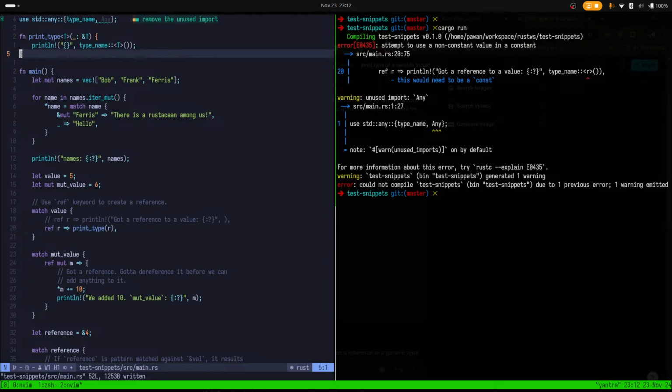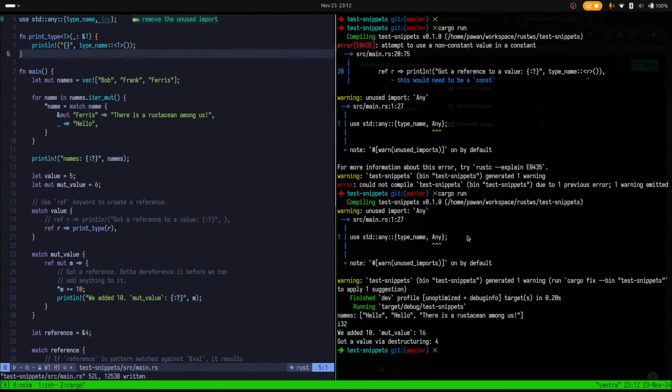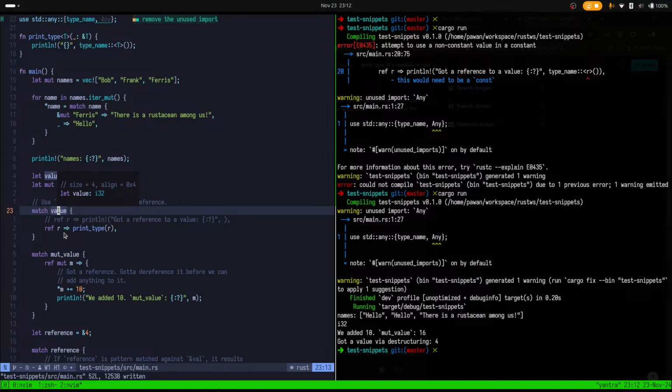Where's my cursor? How can r be of type i32? Brother, this thing is a reference to it. How can you say that? Okay, so when destructuring happens,